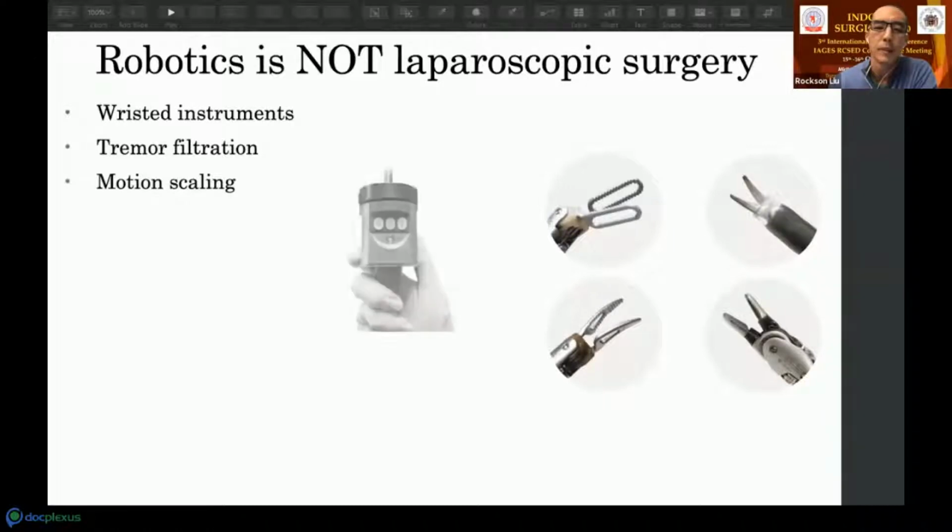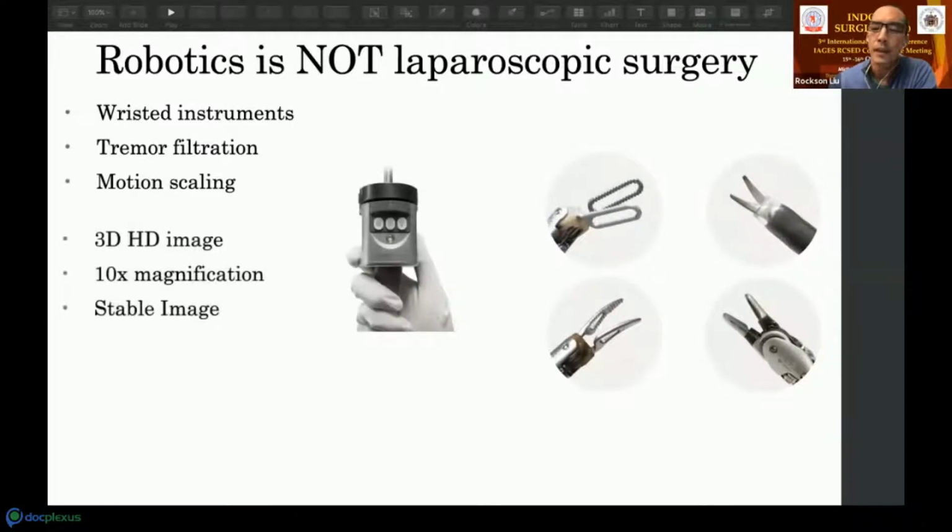And that's important because you're operating in 3D at 10 times magnification. So things are really magnified. And the precision of the instruments with the tremor filtration allows you to work at incredible precision, which is what allows us to perform abdominal reconstruction